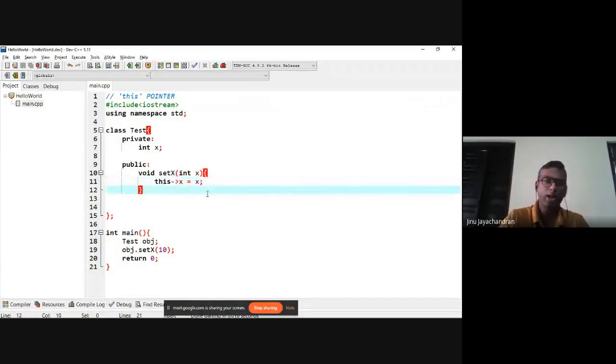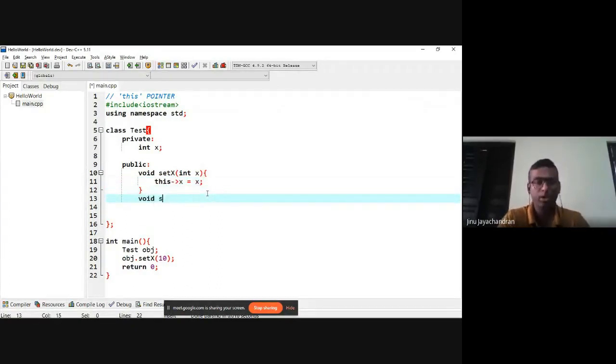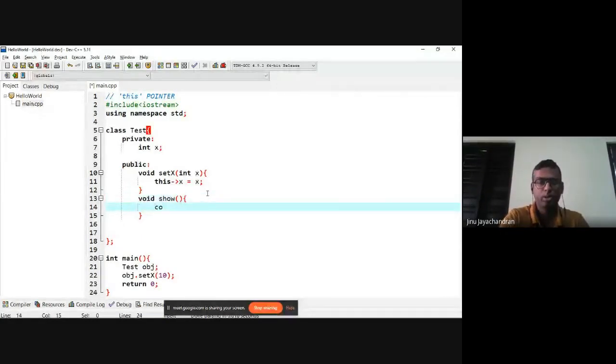Okay, so let me have another function, void show, and print out cout, the value of x is x.